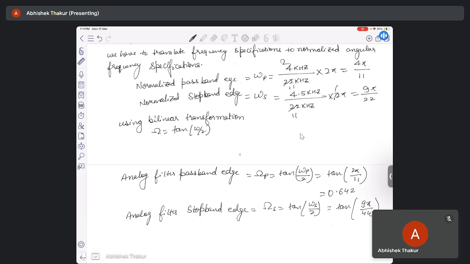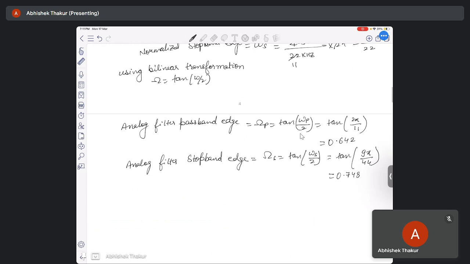So when you calculate this value, you will get around 0.748. Now for the transition bandwidth, we have to find the analog filter passband edge, stop band edge, and the transition bandwidth. The analog filter transition width is equal to omega s minus omega p, the stop band edge minus the pass band edge. So this we will get as